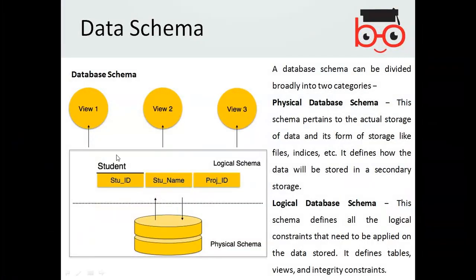Database schema, as I had discussed earlier, has physical as well as logical schema. Schemas are the layers. When you store the data at the physical level, that is the storage media. At the logical level, you view the data, and the logical view is normally represented in the relational model. Hence the schema describes the level of the database layer.